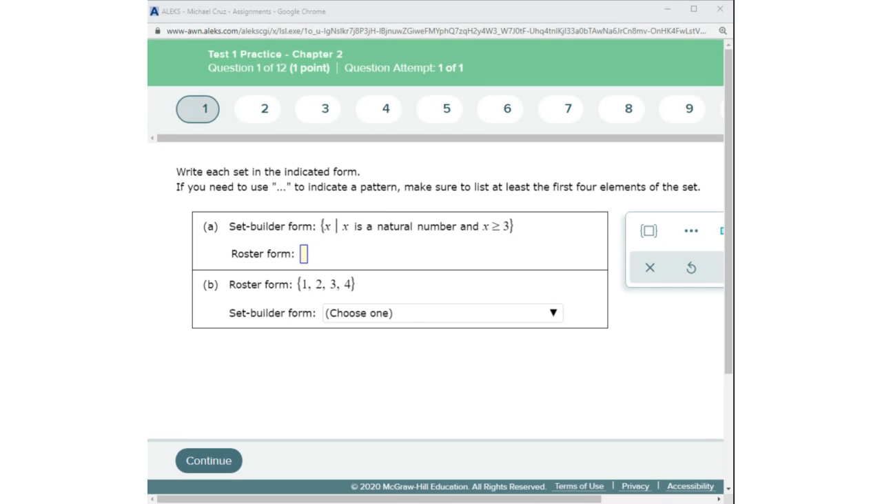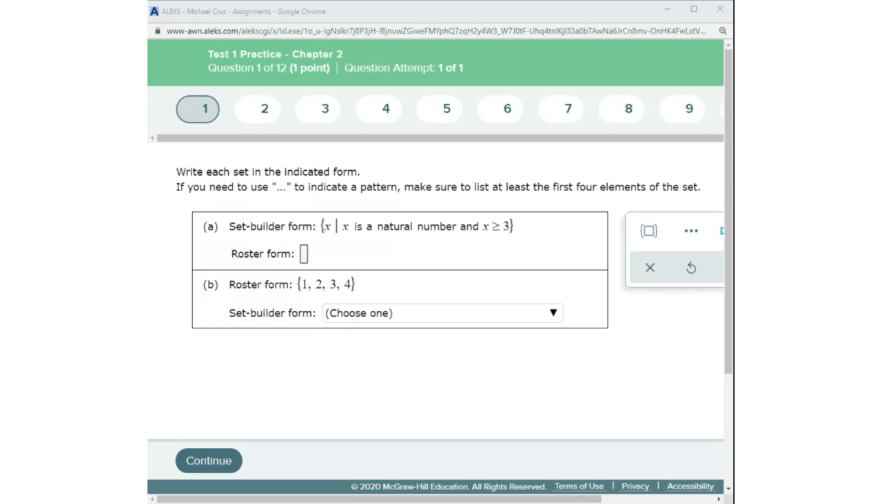All right, so what is this asking? It says write each set in the indicated form. So they give us one that's in set builder notation and one that's in roster form, and they ask us to write it in the opposite way. So on this one right here, that first one,